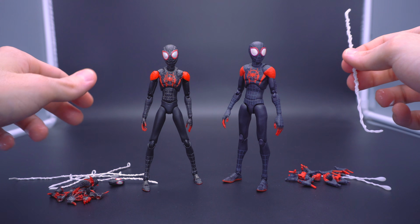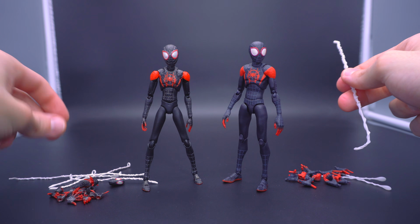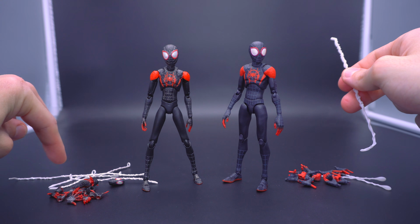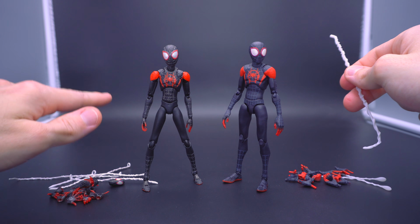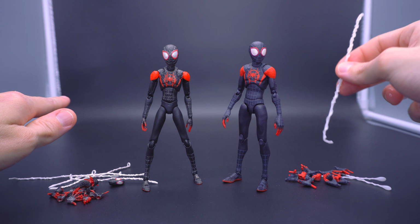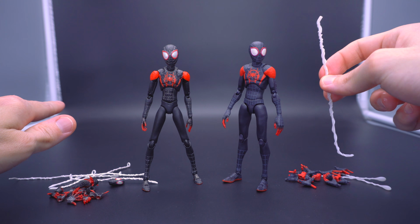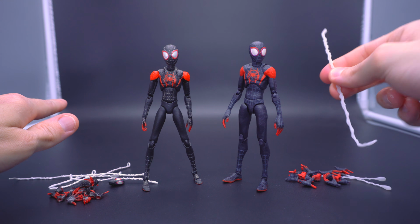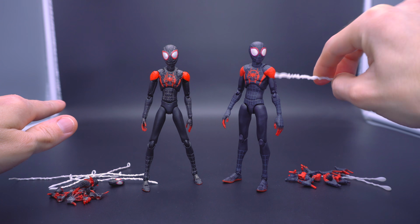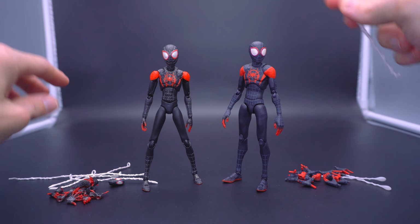I would have liked it if Sentinel would have played a little bit better with the web pieces, because after a little while, the ones that come with Mafex or ACH Figure Arts, they become a little generic. It's like a been there, done that kind of scenario. Whereas the ones with Sentinel, I feel like if you're dealing with this form of quality, this form of like that opaque kind of look to the actual translucentness of the plastic, as well as the detailing on the strands themselves, I would have dug it if maybe they got a little creative and gave us like a coiling one,